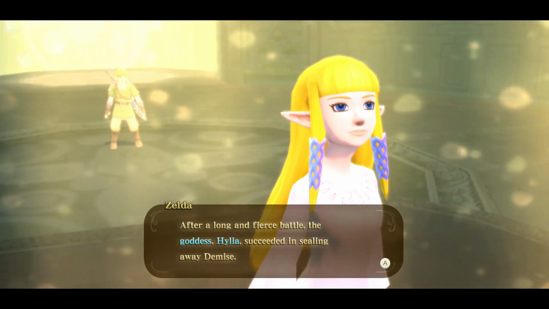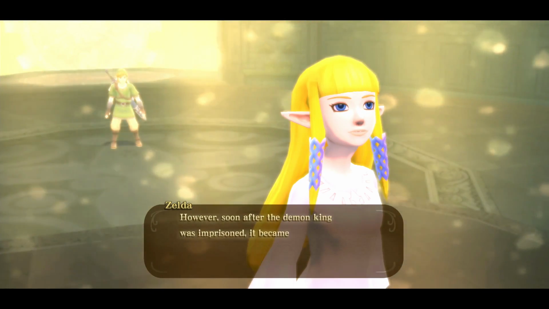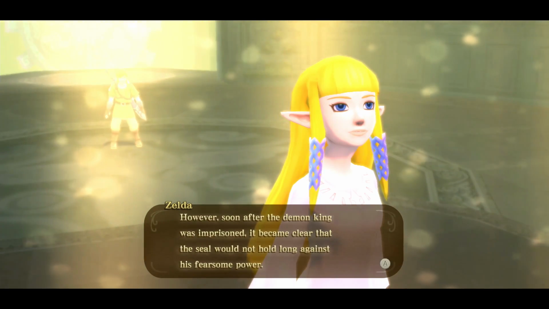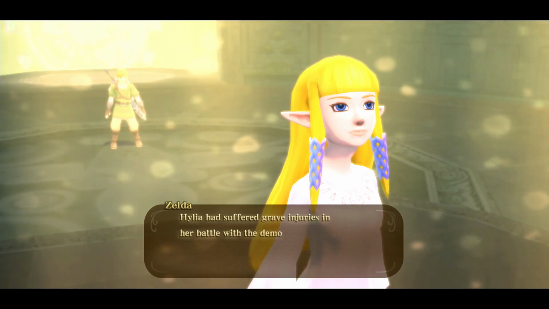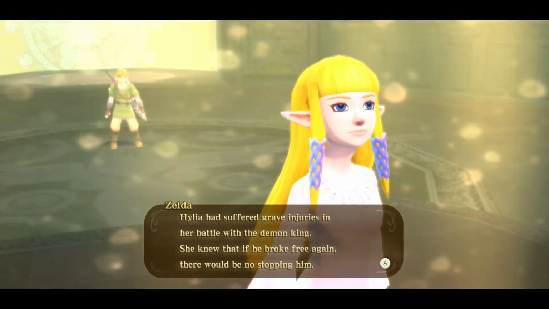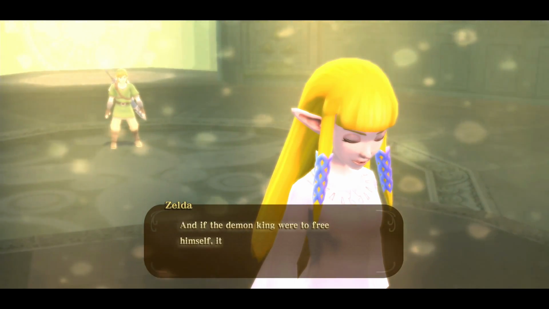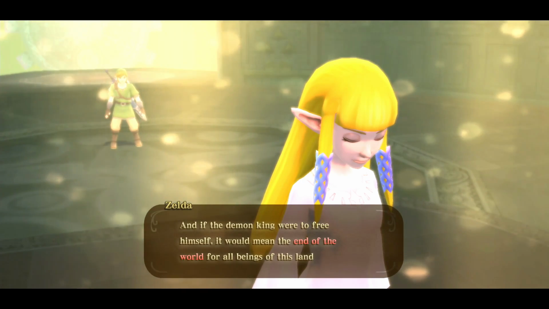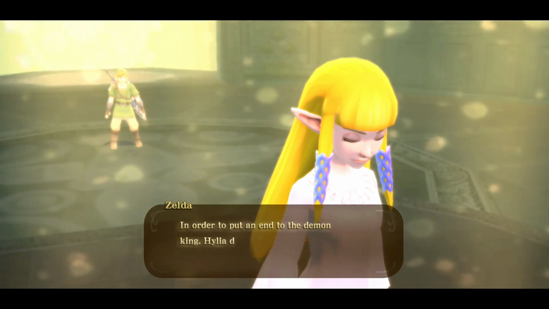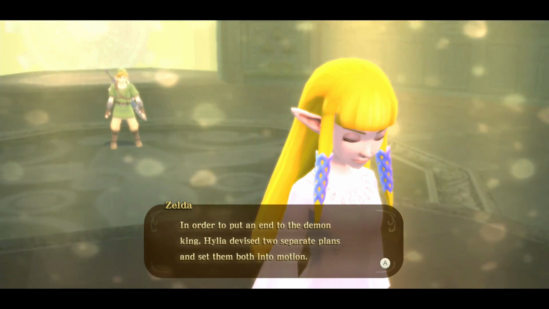After a long, fierce battle, the goddess Hylia succeeded in sealing away Demise. However, soon after the Demon King was imprisoned, it became clear that the seal would not hold long against his fearsome power. Hylia had suffered grave injuries in her battle with the Demon King. She knew that if he broke free again, there would be no stopping him. And if the Demon King were to free himself, it would mean the end of the world for all beings of this land. In order to put an end to the Demon King, Hylia devised two separate plans and set them both into